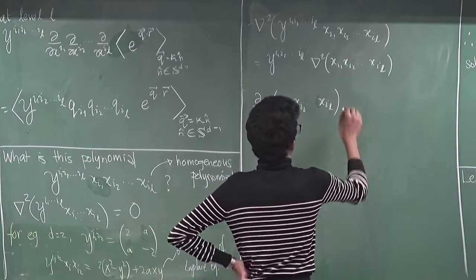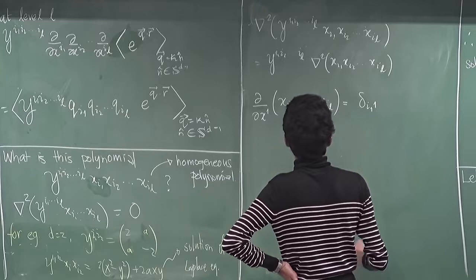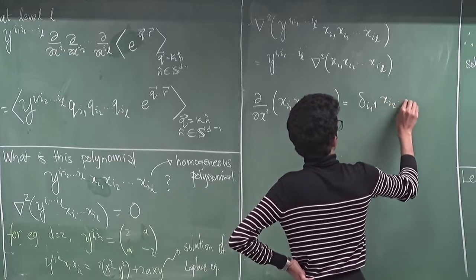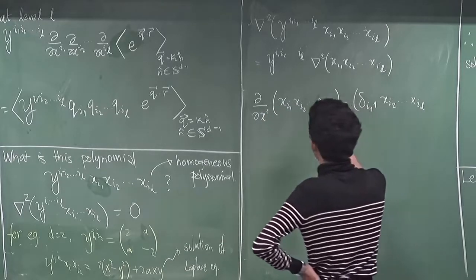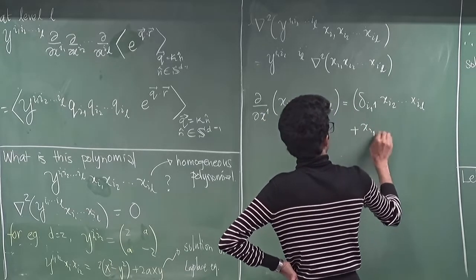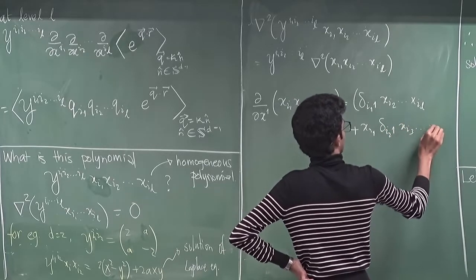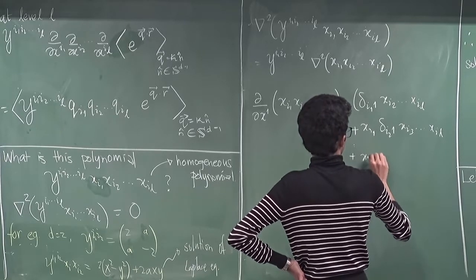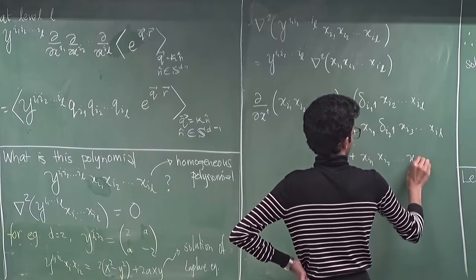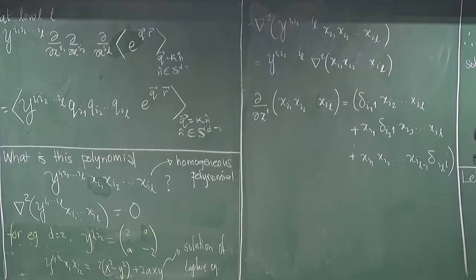What will that give? That will just give delta I1 1, x I2 all the way up till x IL, using the Leibniz rule, plus x I1 delta I2 1, x I3 all the way up till x IL, plus dot dot dot plus x I1 x I2 all the way up till x I(L minus 1) delta IL 1. Okay. Now if I do